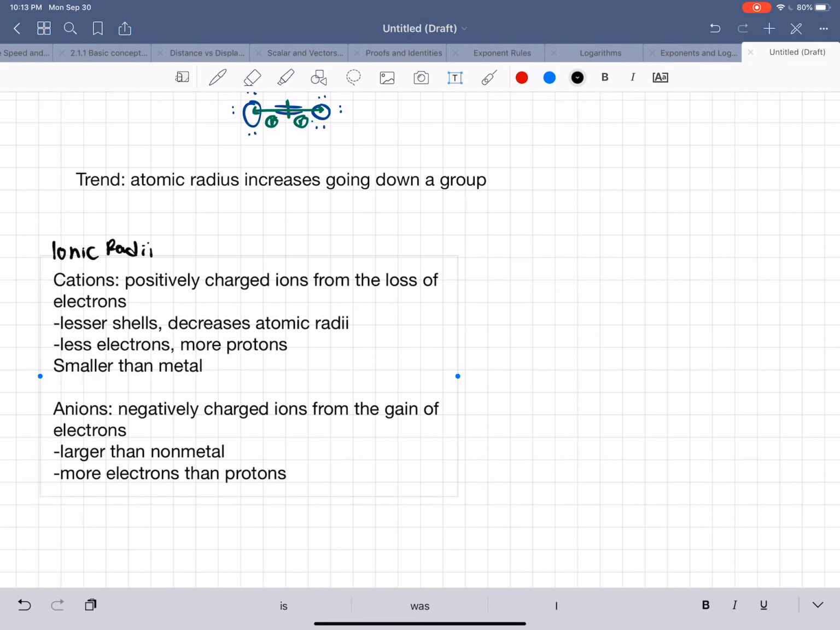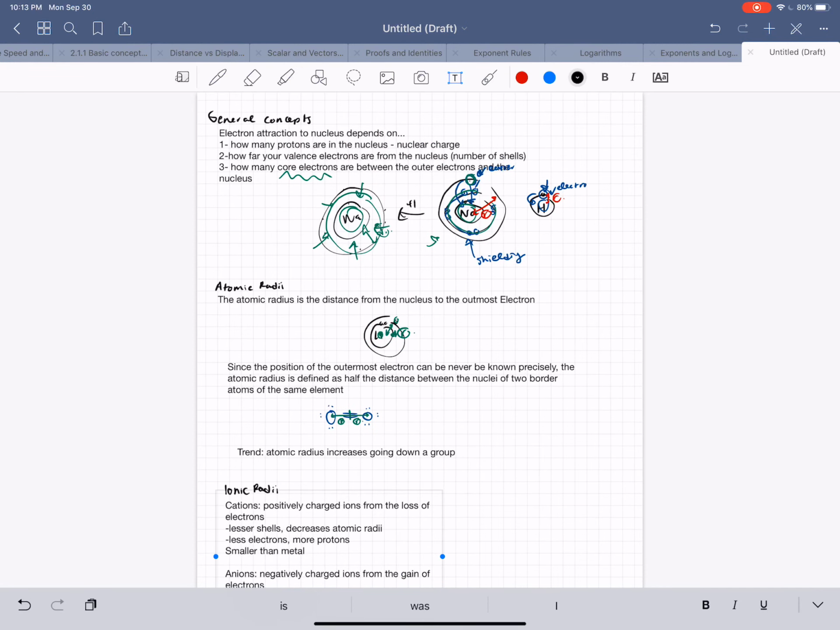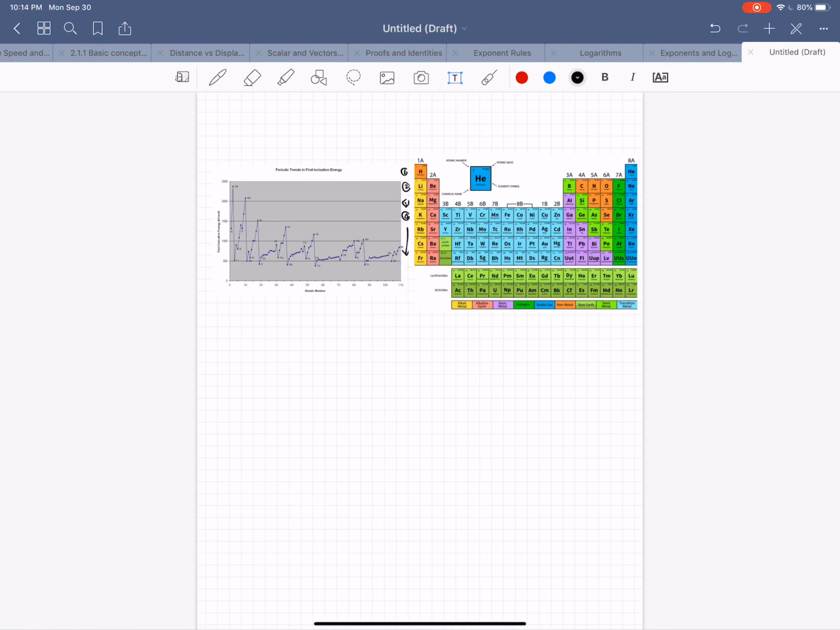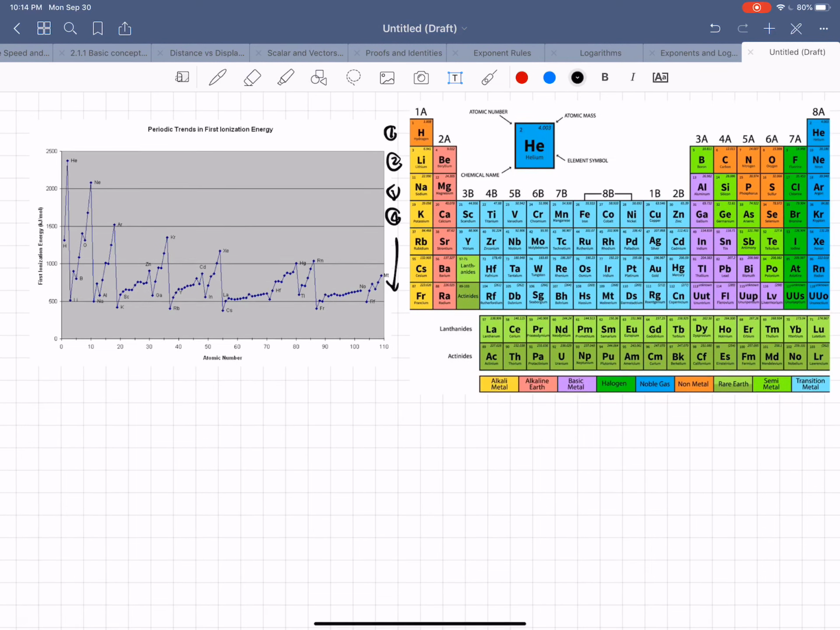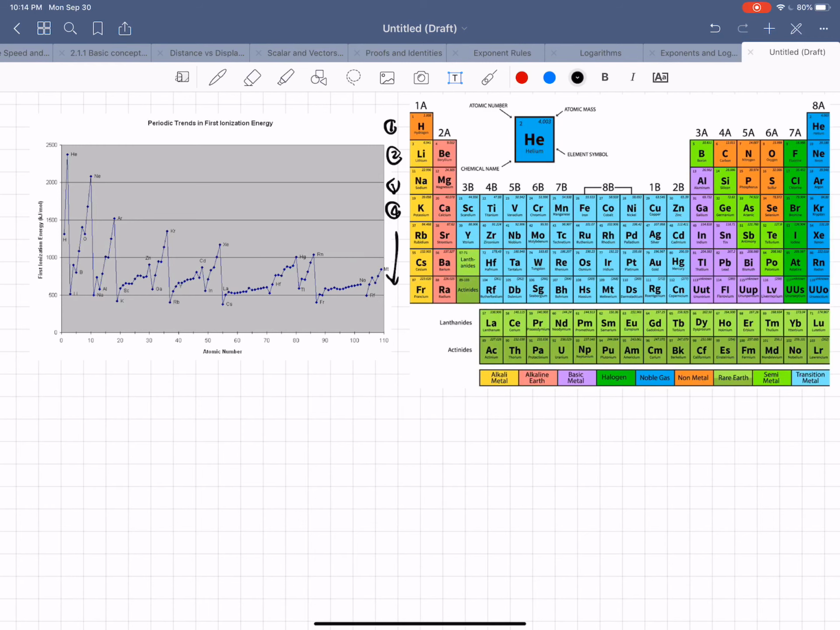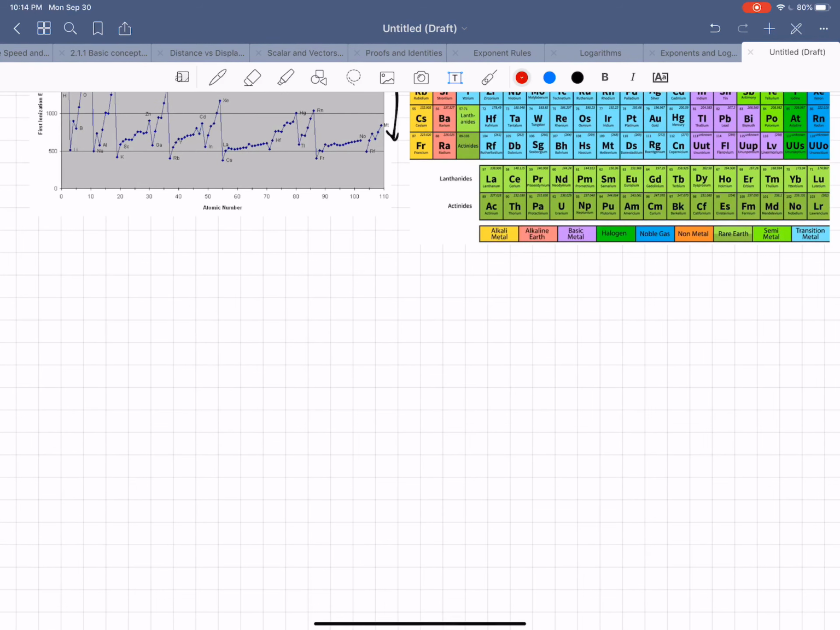So that's a bit more about radius. So moving on from radii and electron attraction, we can now transition a bit more into first ionization energies. And firstly, what is a first ionization energy? A first ionization energy,